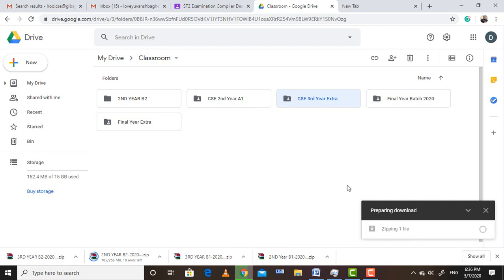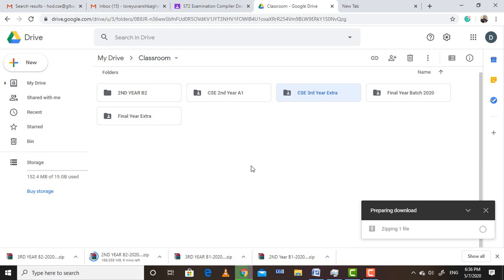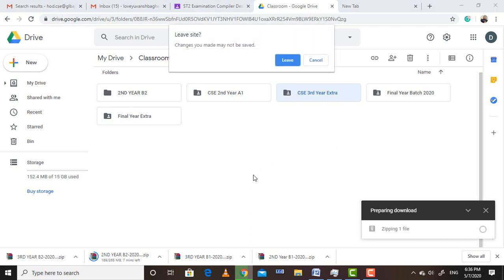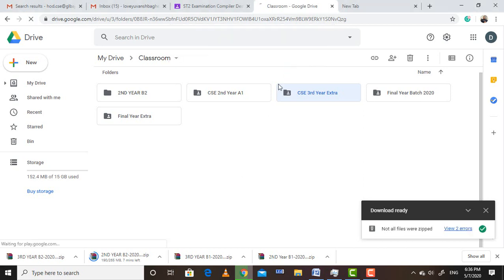So it is preparing the file for downloading. It will take some time. It is asking to leave, so you can click on leave.